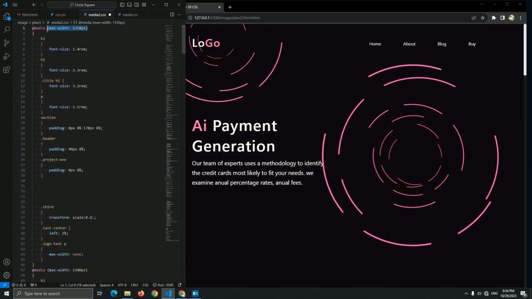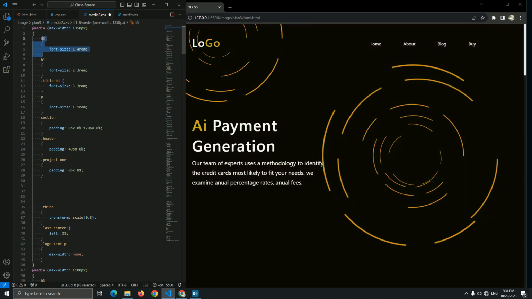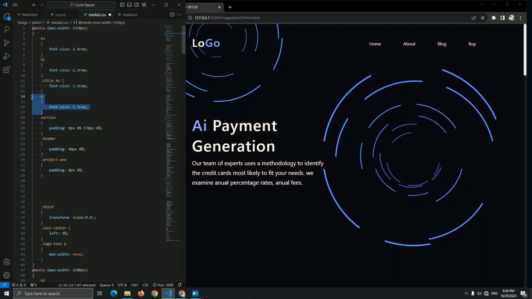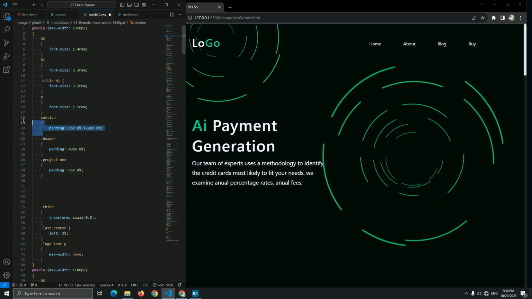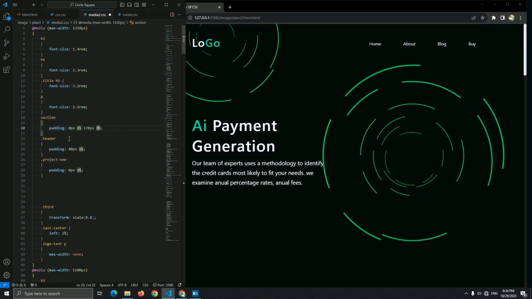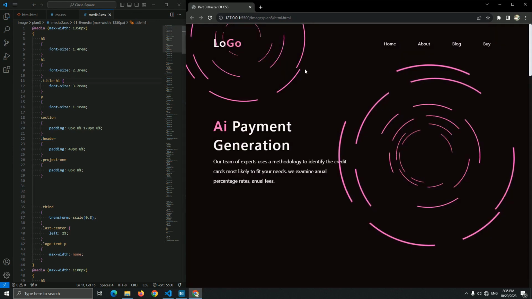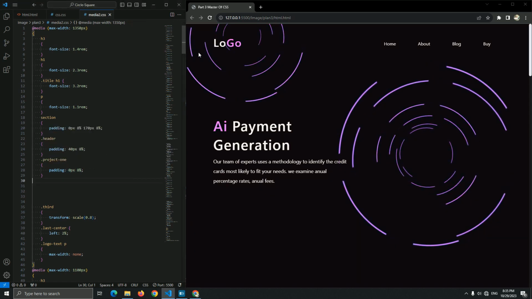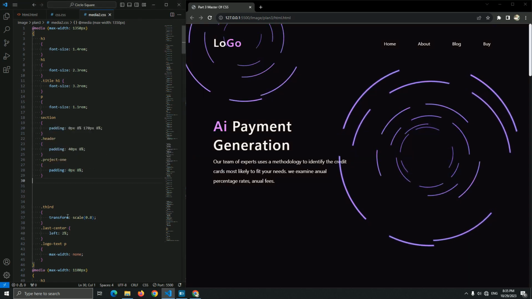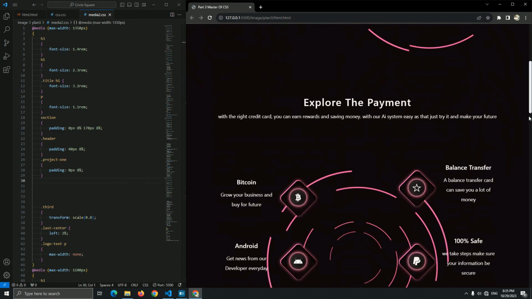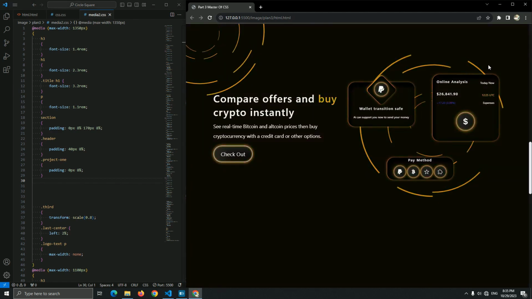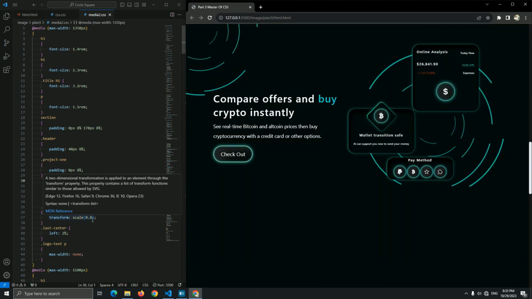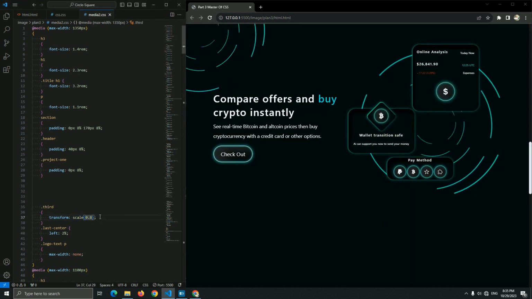So for the media of this number, as you can see, we add the size of the font size, h1 and the title, and for the description and the section, the left and the right. And for the header, I just reduce this padding to 8%, and project one be 8%, as you can see right now. And for this third image that we have here, I just use a scale instead of using width and height, and just reduce it.